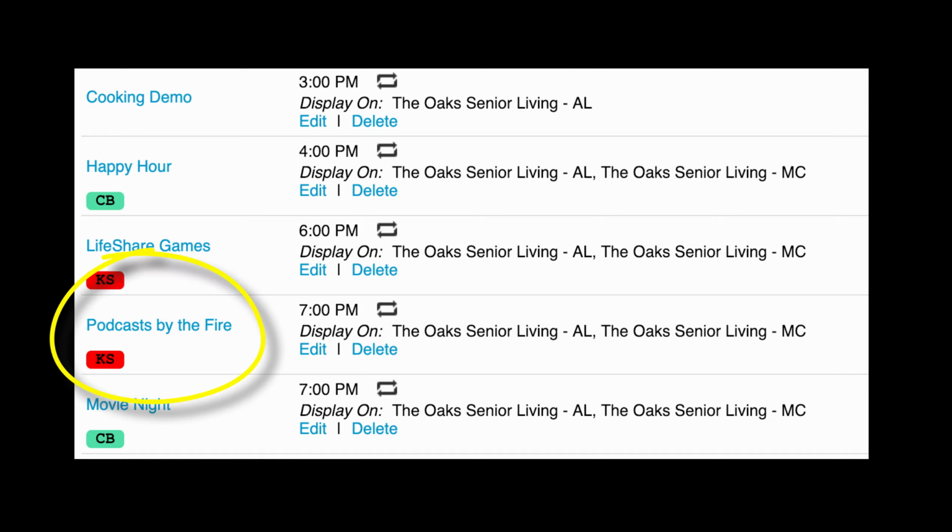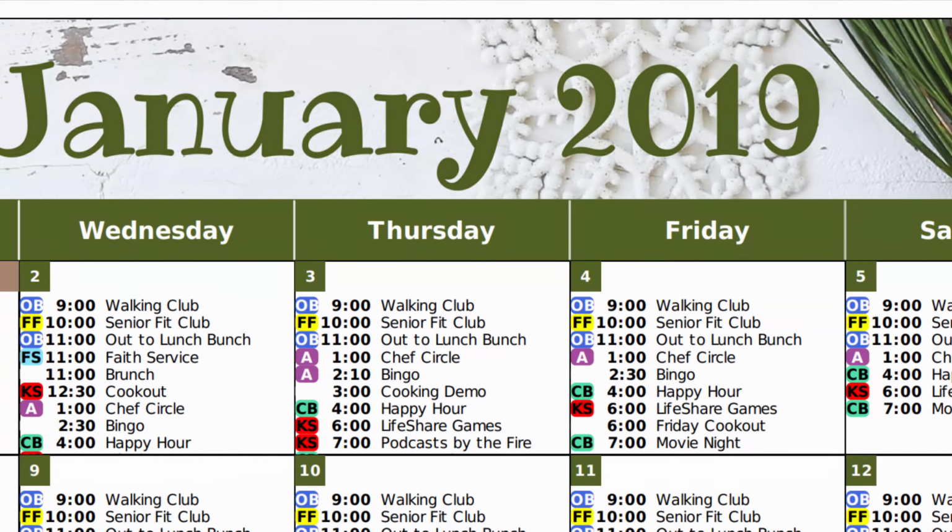Once you save your event, it will now appear in your list for that day. Remember, these changes will automatically update on your community share screens. However, if you want your calendar to update, please republish your monthly PDF to be able to see your new